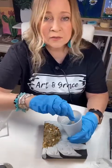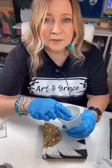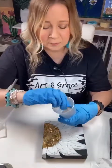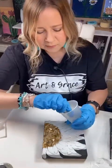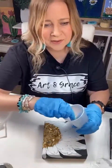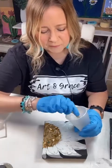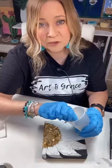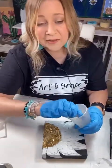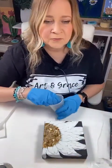I do either open a window, or right now I've got a fan blowing on medium. It's blowing pretty good on medium. And once I pour this over and we get it going, then it will sit for like 12 hours, so overnight. Tomorrow I'll come in here and look at it, and I will take it outside, take a picture, show everybody, and then it will continue to sit for another